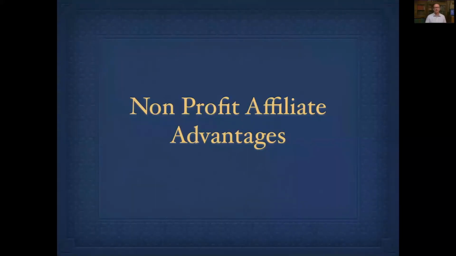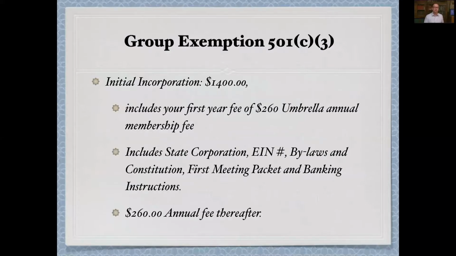The advantages of being an affiliate within the group exemption, beyond all of the ones that we've already talked about, in the time that it takes and how you're able to apply, the financing is broken down in this way. The initial incorporation, meaning your first year, is $1,400. So you fill out the application, pay $1,400 fees, and sign the statement of faith, and within about 2 weeks,